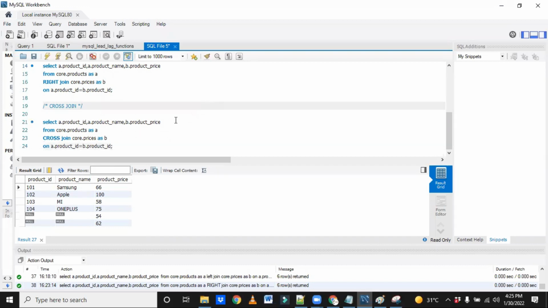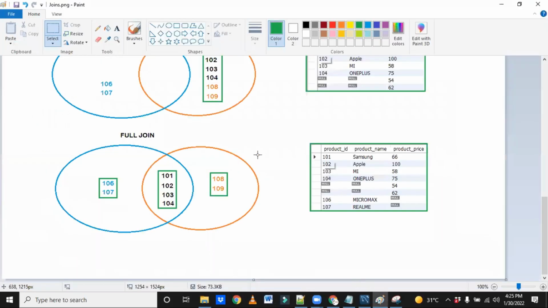Okay, see here, the syntax and all is pretty much similar to other joins. I didn't change anything here. If you observe, I just changed only this word, cross join. So cross join, in the sense that if we observe the data,